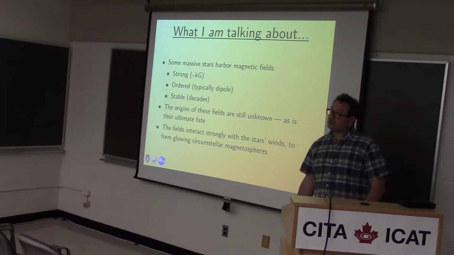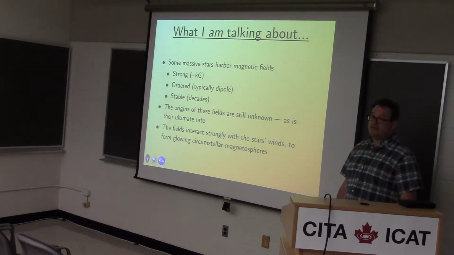Now, all massive stars have strong radiation-driven winds with masses up to around 10^-5 to 10^-6 solar masses a year. That's about 8 orders of magnitude or more stronger than the sun's wind. And these winds are highly ionized because the stars are hot. And so when we have an ionized fluid with a magnetic field going through it, we tend to get flux freezing, and the magnetic field and the fluid are forced to move together.